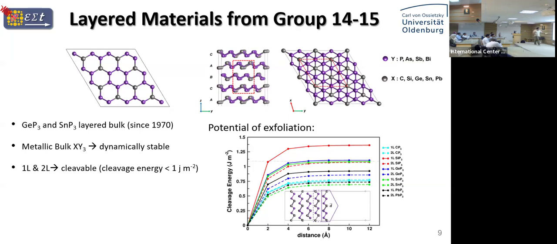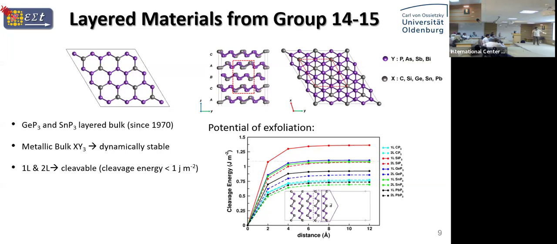And you can see that everything is below this threshold. This threshold is for mechanical exfoliation, which I was explaining with the Scotch tape method. In the literature, systems that have a cleavage energy up to this point have already been exfoliated with the Scotch tape method. What we found is that for the phosphorus-based compounds, everything was at or below this threshold, indicating that we could easily exfoliate these layers with the Scotch tape method.